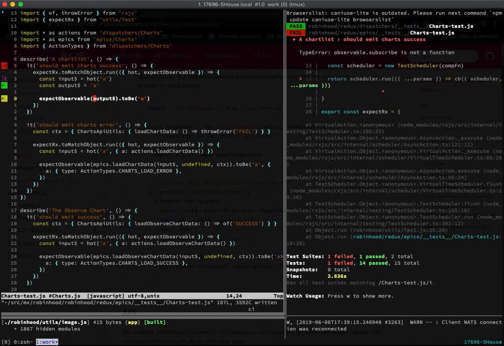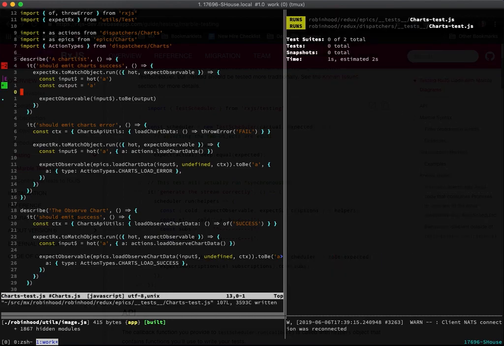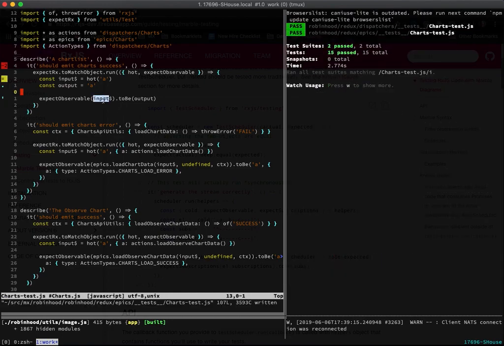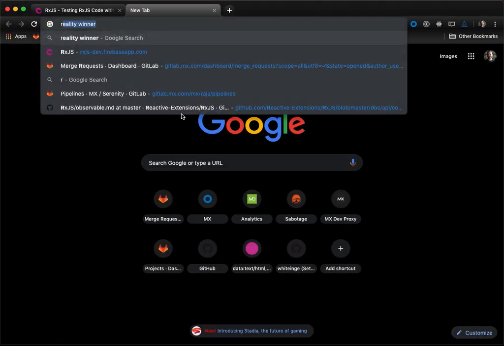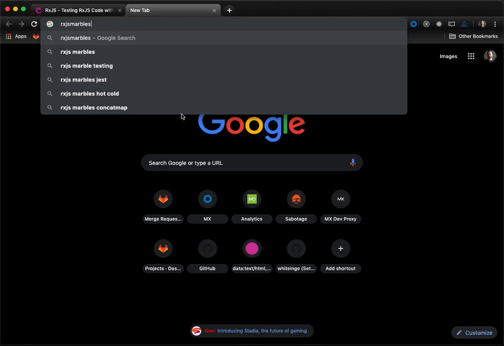Let's see, I got this backwards. We're going to test input, and we're going to test that our input is output. And output is not an observable, so I'll get rid of that demarcation. So we're testing that this input observable produces this output. The string syntax is something called a marble diagram. So if you've seen something like RxJS marbles,